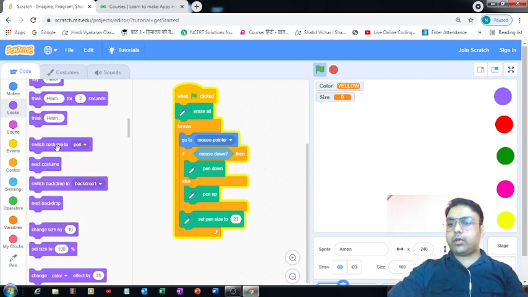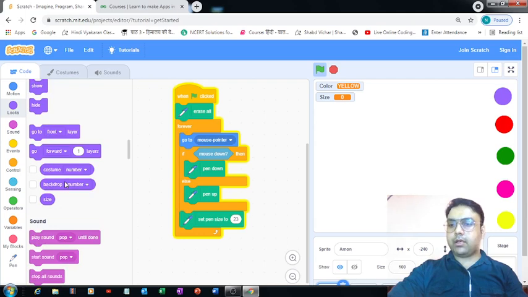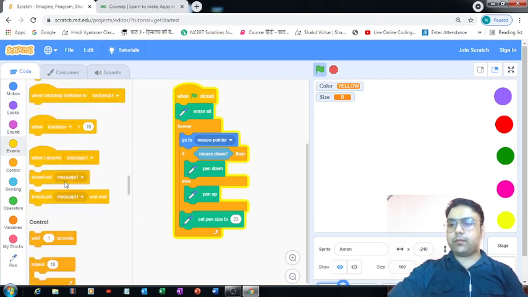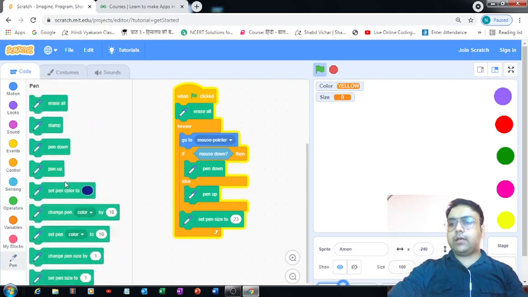So this is going to help us in switching the backdrop, so we cannot make use of this. We do not require this actually. I am trying to find an option with the help of which we can control the size of the pen. We can put a check on the size of the pen. But let's do one thing. Let's leave it for now. We'll do it afterwards.